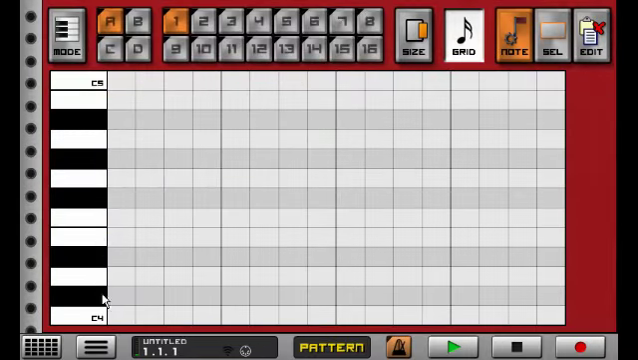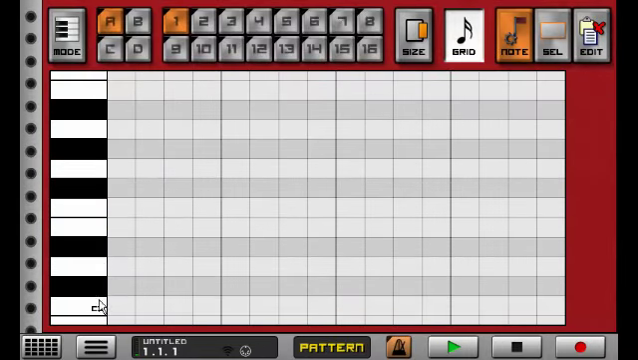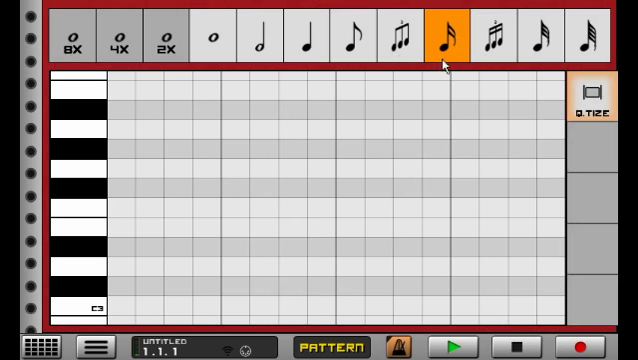So if we go down here and we place our chord, or just our few notes, let's say we want to press